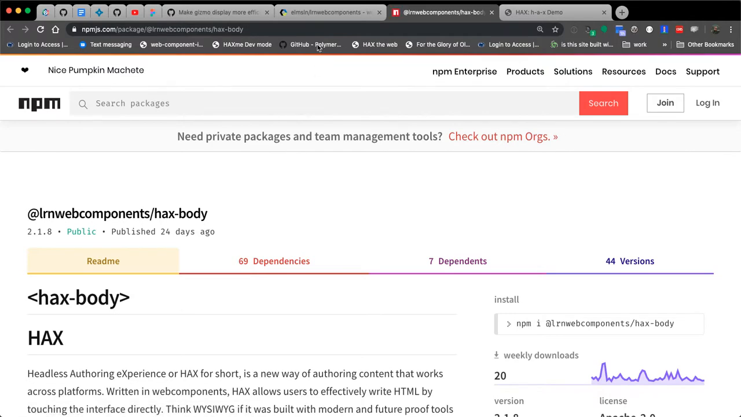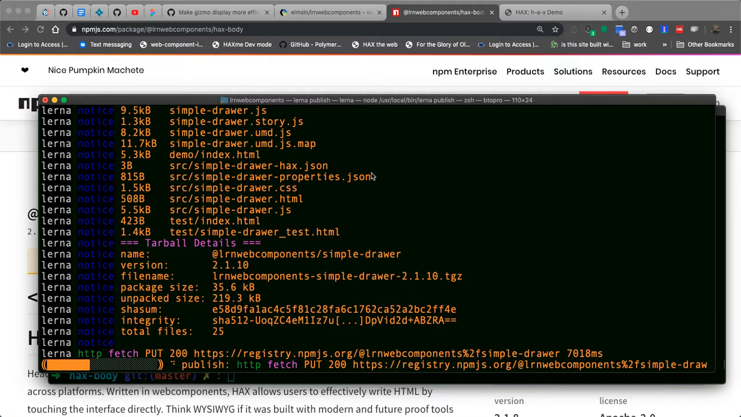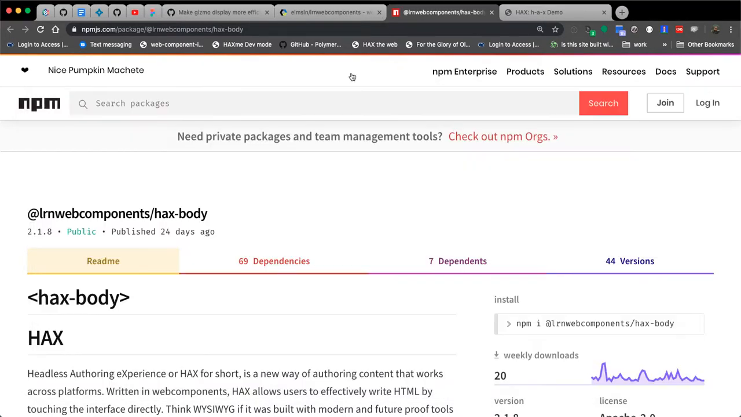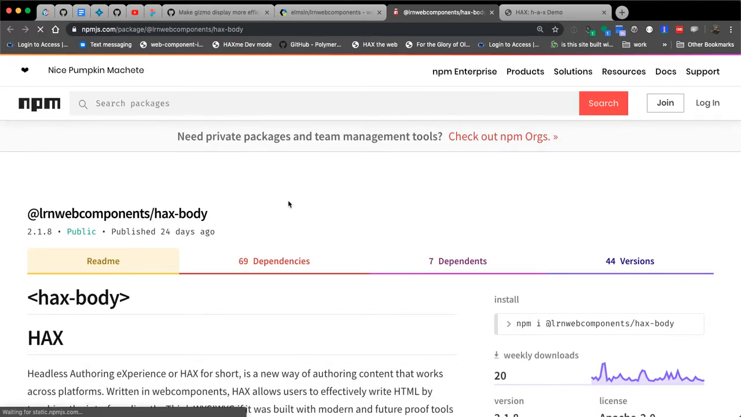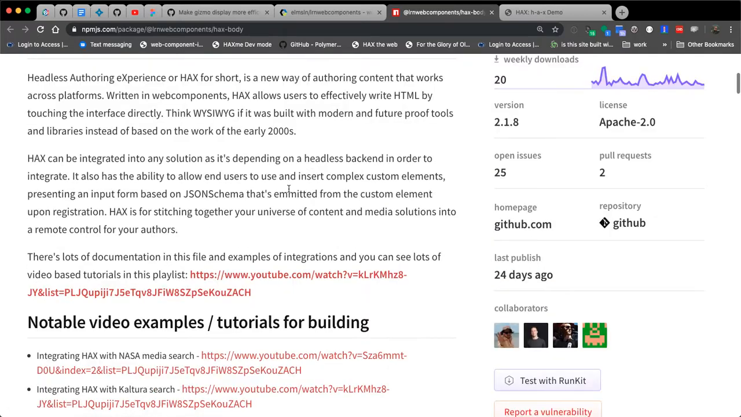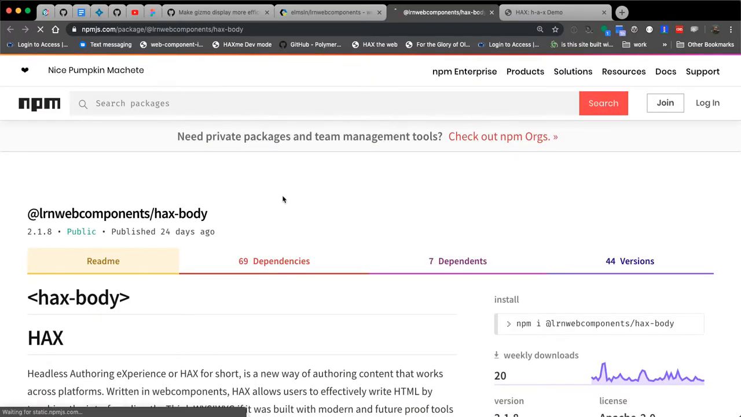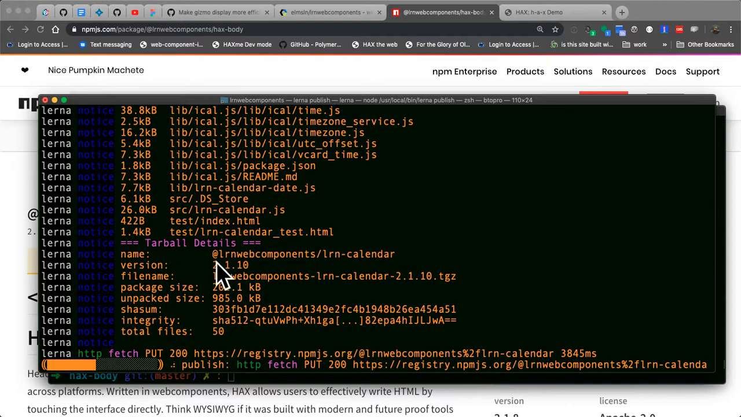once HAXBody inevitably gets updated here, let's see it. We're at simple drawer, haven't got to HAXBody yet. There it is, HAXBody just went up. Okay, so now NPM, whenever it notices that it just got this code, should update to reflect that we now have a 2.1.10 available. So it might take a little bit via their CDNs to propagate. I did just push that up, but that's effectively what our workflow is, to get a new version out there